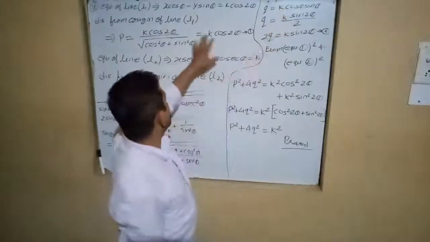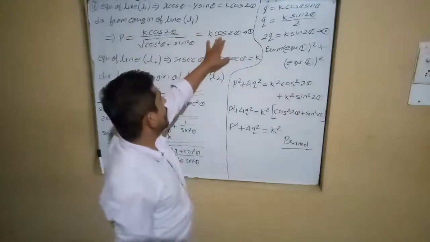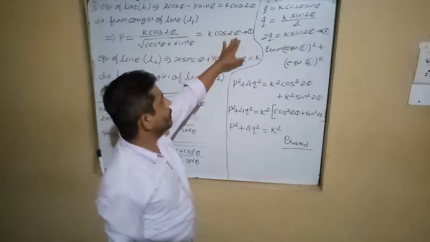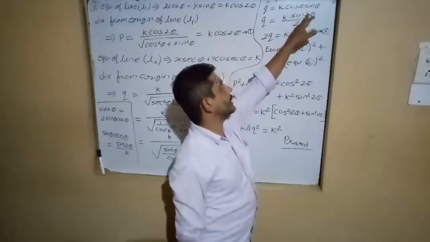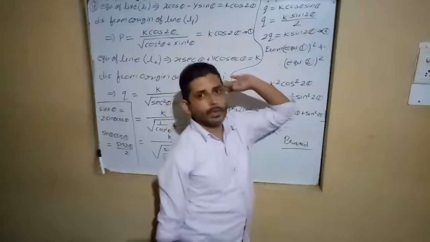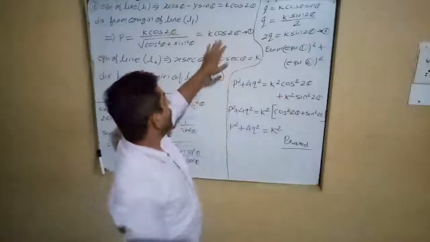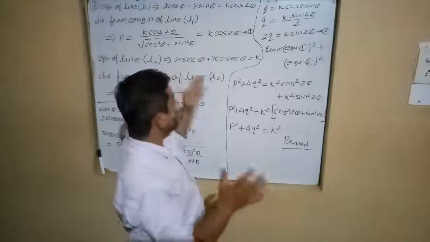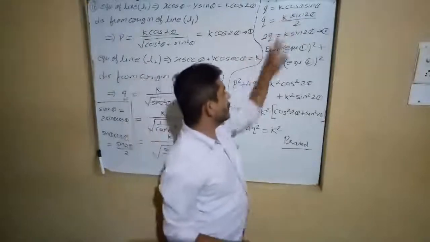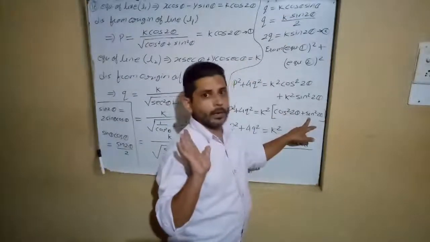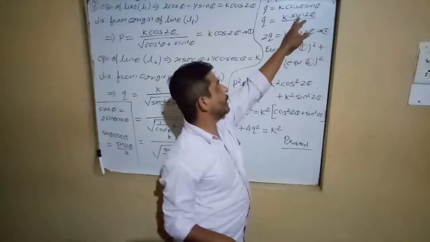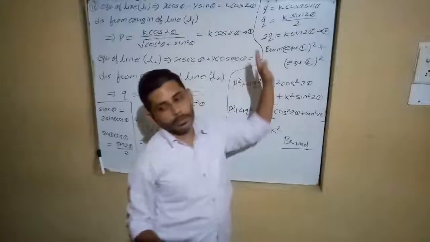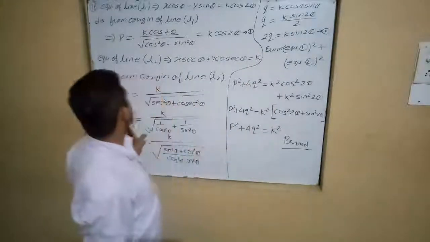Okay, so this is the turning point here. We look at the value of P. P is in the form of cos 2 theta. That's why we converted cos theta sin theta into the form of sin 2 theta. Because when we add in this form, it can become 1. That's why we converted cos theta sin theta in the form of sin 2 theta by 2. So this is a trick on how to solve the question.